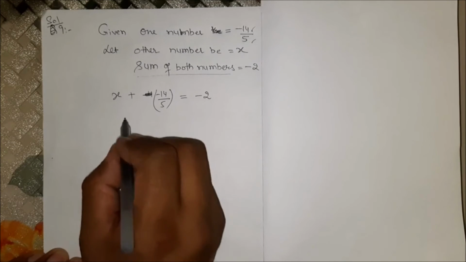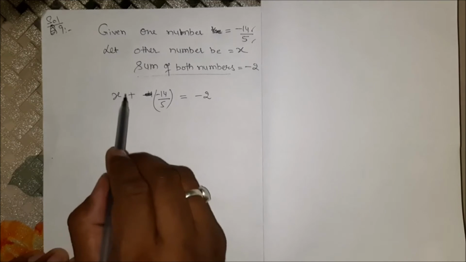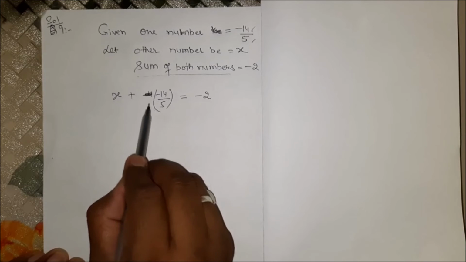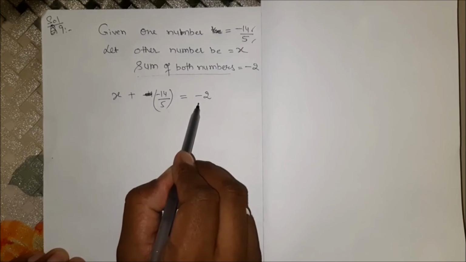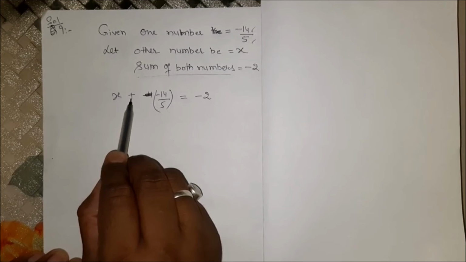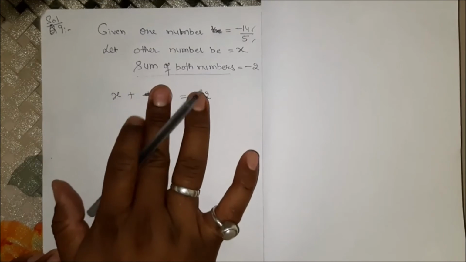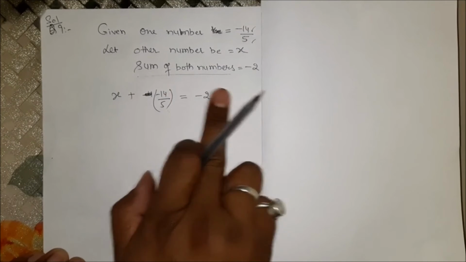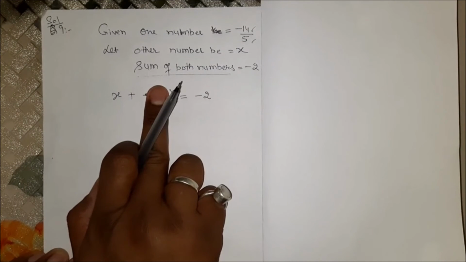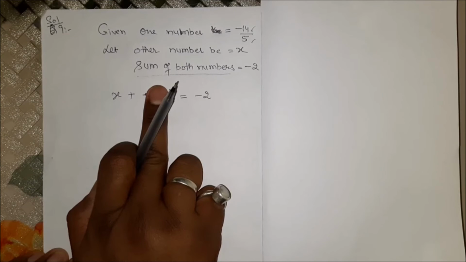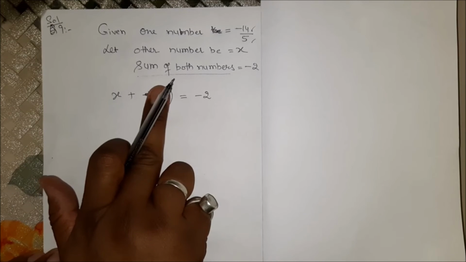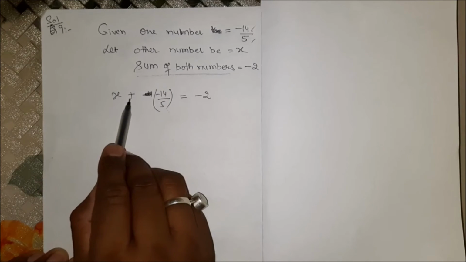First of all, solve it. You can see, remember one thing. If we shift this term to right hand side, we will change the sign. This is positive. So if we shift this second term, the term which I hide, if we shift this term to this side, the sign of this term will change. If this is positive, it becomes negative. If this is negative, it becomes positive. Now this term will remain in the bracket. We will change the sign of this term.